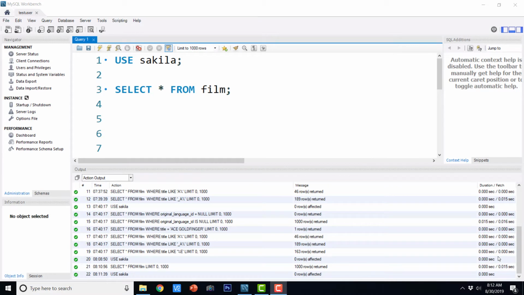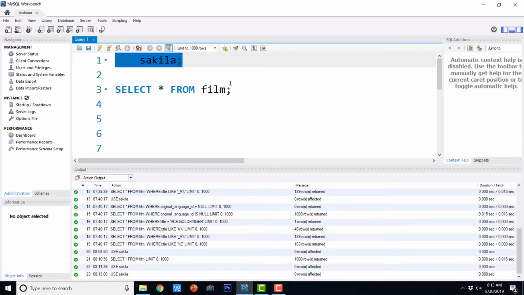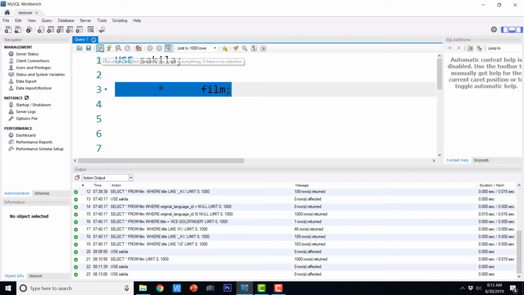In this video lecture, we are going to see the usage of logical operators for filtering the records. So we have already seen how we can use the where clause for applying a filter on our result set, but we have seen that we can use only a single condition with the where clause for filtering out the records. Now we are going to see how we can use multiple conditions in the where clause with the use of logical operations. So let's use Sakila and then select star from film.